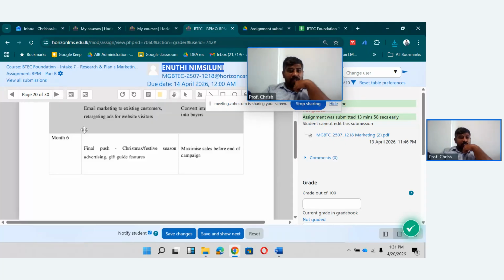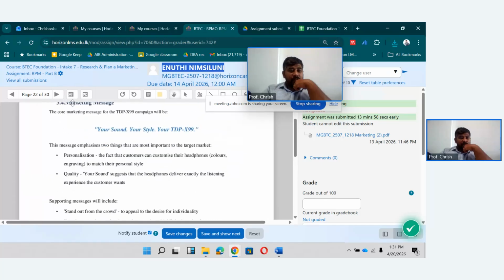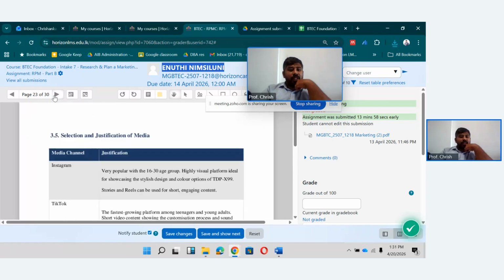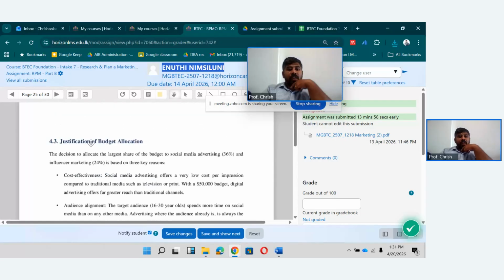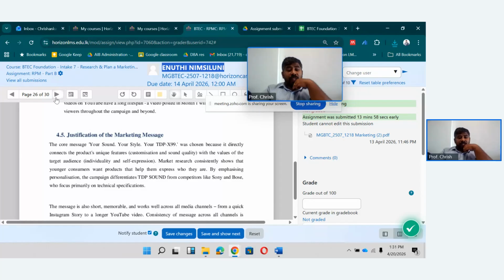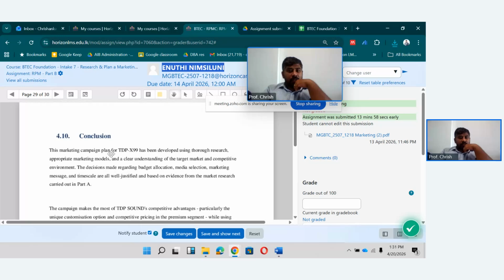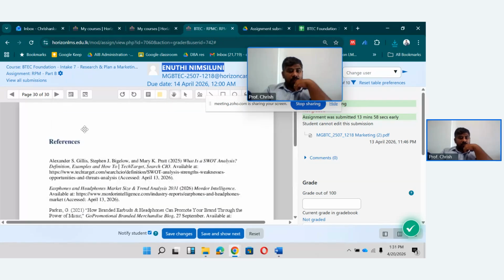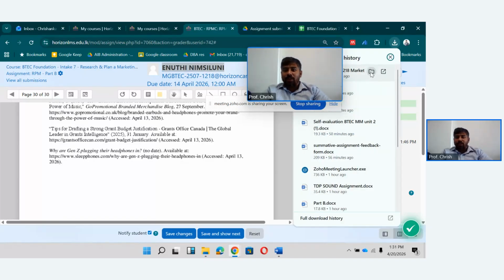Very clear, very detailed. She has given a marketing message. It's nice to see this marketing message. So that's something nice to run through. And she has addressed the criteria also. So no harm. Very detailed. What is the media? What is the marketing? What is the process? Right. So someone who has done it properly. I'm really happy and proud to see this content go through it.